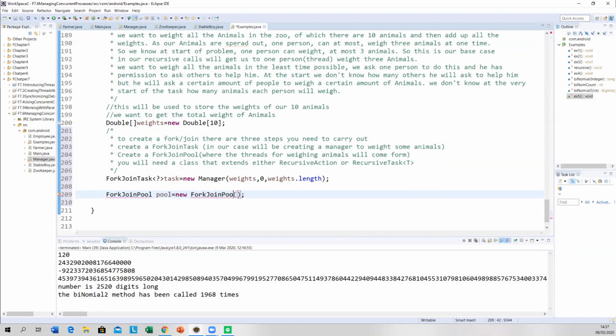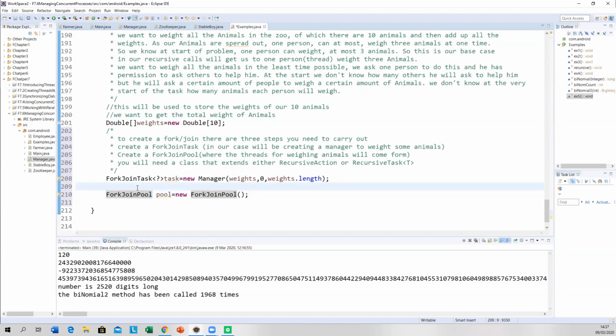Fork join pool. That's a whole different thing. Now, luckily, I had a look at one or two of the questions. They don't ask you much about this because it's still so new. Most programmers would not have a clue about this. So you're way ahead of probably 90% of programmers out there. You're not going to be asked an awful lot about it, but it's no harm to know it anyway.